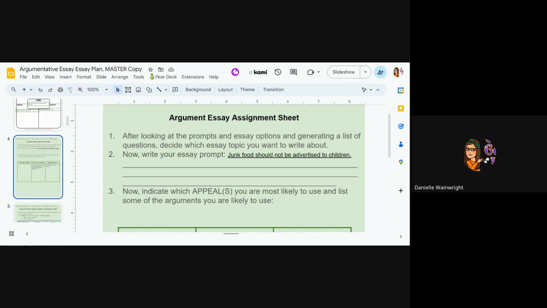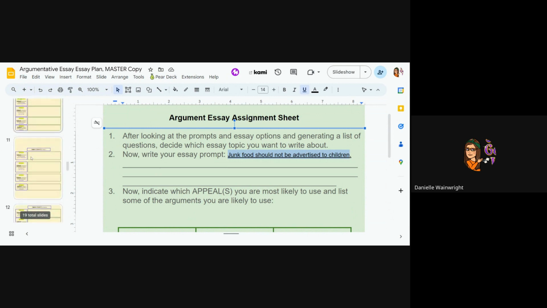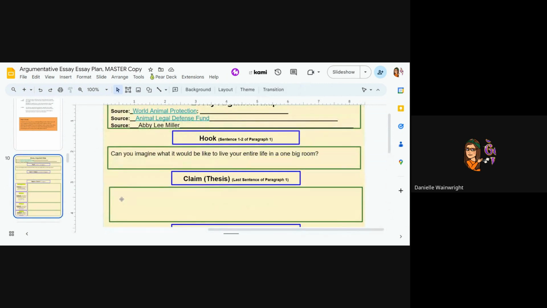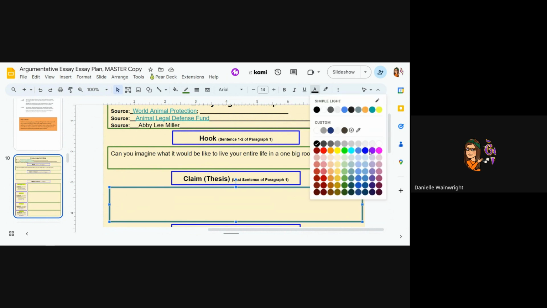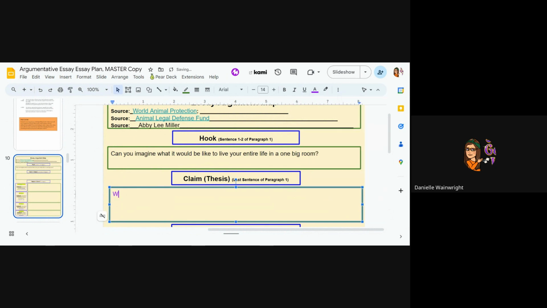If you did not write extra on your assignment sheet, that's okay. But you're going to look back at your prompt, think of what your prompt is, and you're going to turn it into a complex sentence, an argumentative thesis statement like we practiced. Do you remember that? So you're going to start with while or although.